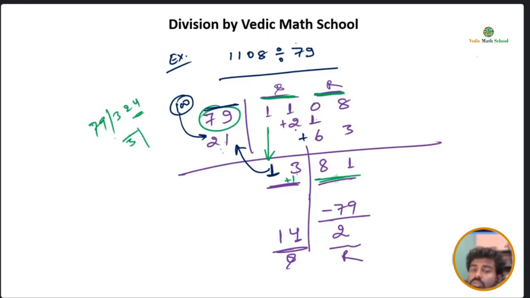ठीक है ना? तो ये 1 और 2 को जब हम ऐड करेंगे तो कितना आया? 3. 2 plus 1 is what? 3. And this is not under remainder. Are you getting my point? Yes, sir. And because this is not under remainder, so we are going to repeat the same process